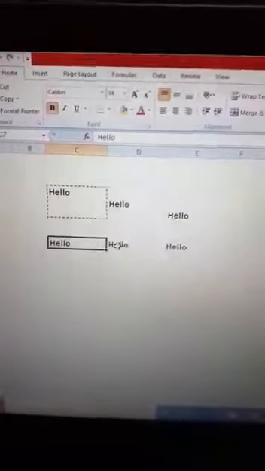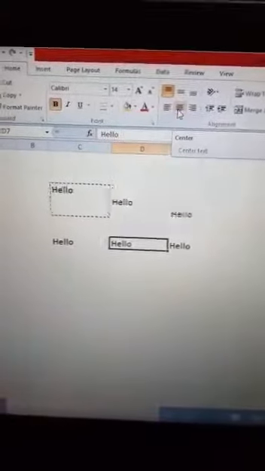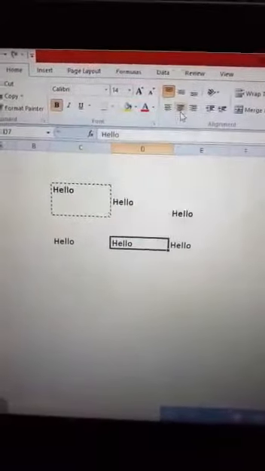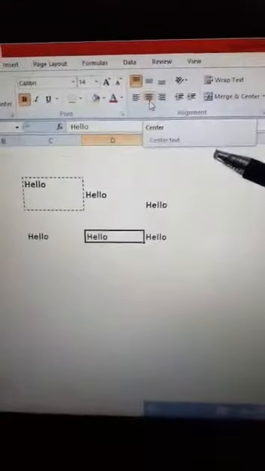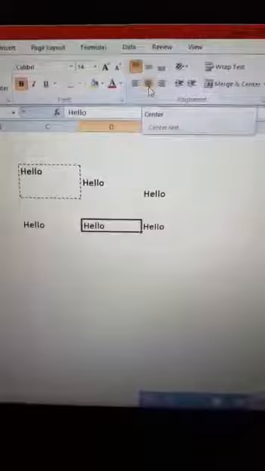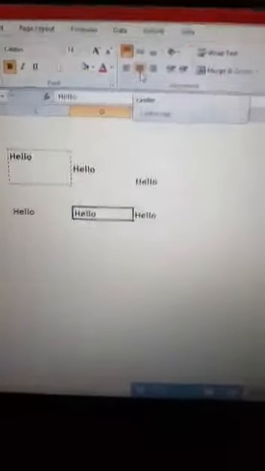This is at the left hand side. You can click on it and press this button. When you bring the cursor on it, it will give you a tool tip. See, you can see this is a tool tip. The name of the button appears here. Okay, and the function is already written here.